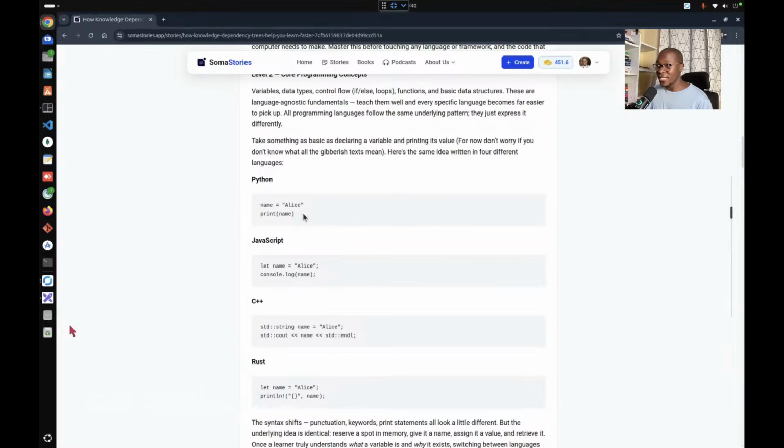So, if we look at an example of defining a variable and printing the output. In Python, this is how you do it. Name Alice. So in Python, you will do something like name is Alice. We want to print name. How about in JavaScript? The same thing in JavaScript, this is how you do it. Let name be Alice. You can replace this with const and it still works. If you're coding in C++,